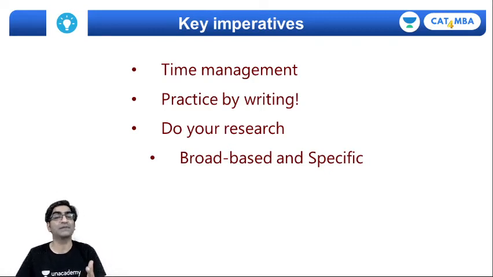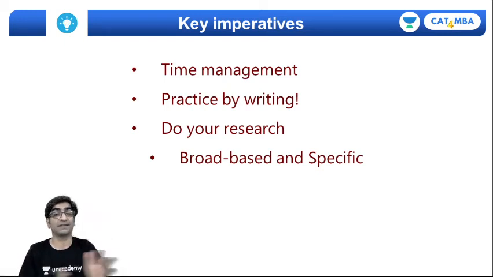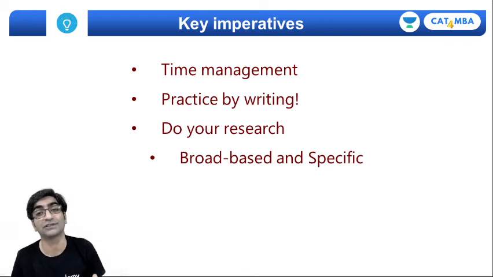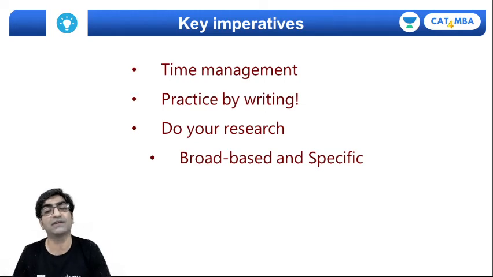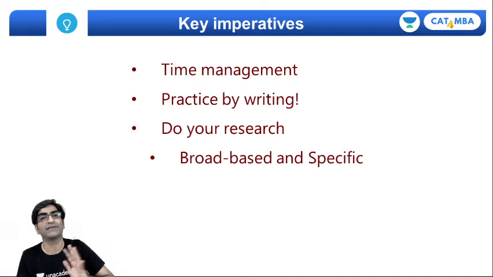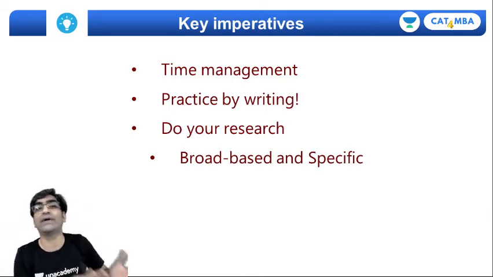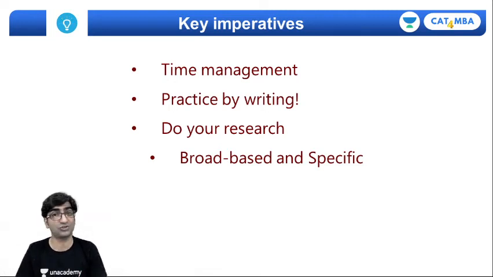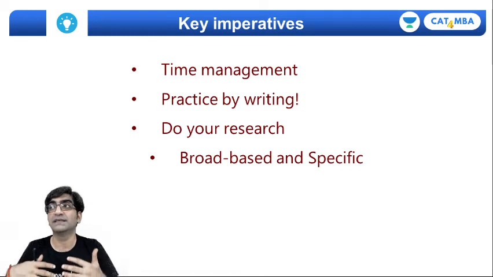Some of these examples, like for example, I think it helps to know that India is blessed with something called a demographic dividend, right? Now this is something that's been doing the rounds for at least the last 3-4 years, right? The fact that more than 25% of our population is in that young age bracket of 18 to 25, 18 to 30 in fact, right? So the fact that we have a lot of people who are going to enter the workforce, and this constitutes a good 20 to 25% of our population, is something that is a very, very big boon for our economy.